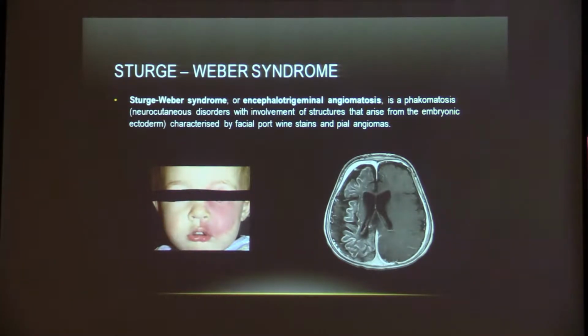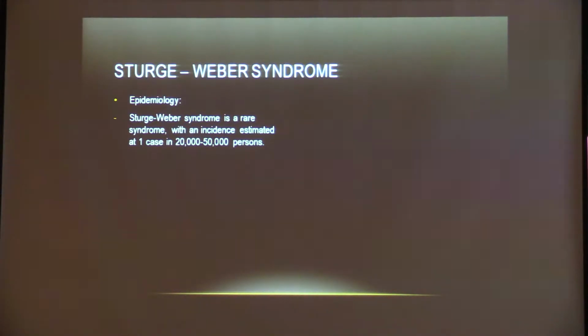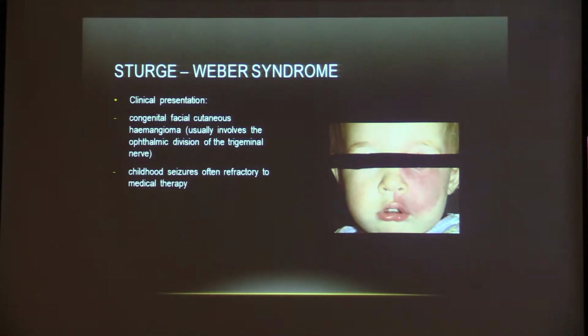So Sturge-Weber syndrome is a phakomatosis, a neurocutaneous disorder with involvement of structures that arise from the embryonic ectoderm, characterized by facial port wine stains and pial angiomas. Concerning the epidemiology, it is a rare syndrome with an incidence estimated at one case in 20,000 to 50,000 persons. The clinical presentation demonstrates a congenital facial cutaneous hemangioma that usually involves the ophthalmic division of the trigeminal nerve,